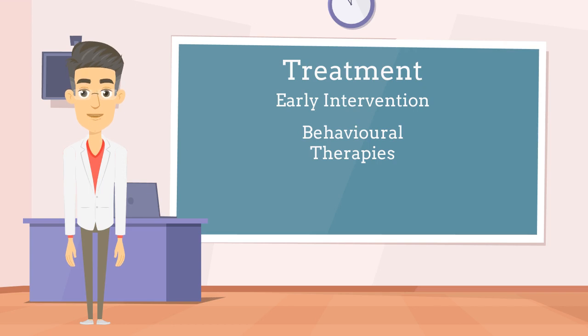It is important to note that the treatment for both global developmental delay and autism is highly individualized, taking into account the unique strengths, challenges, and needs of each child. Regular monitoring, parental involvement, and a multidisciplinary approach involving healthcare professionals, educators, and therapists are crucial for providing comprehensive support and maximizing the potential of children with global developmental delay and autism.